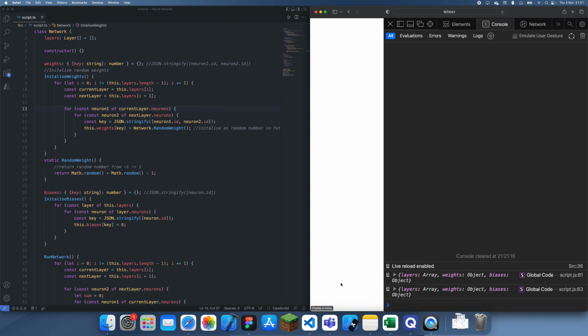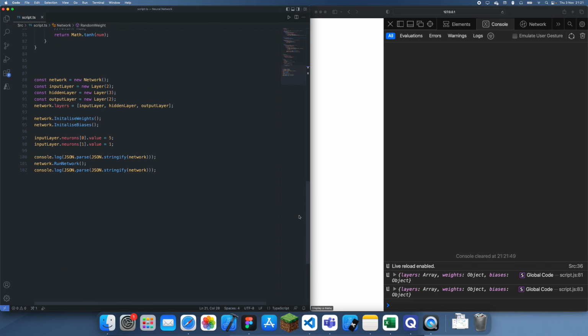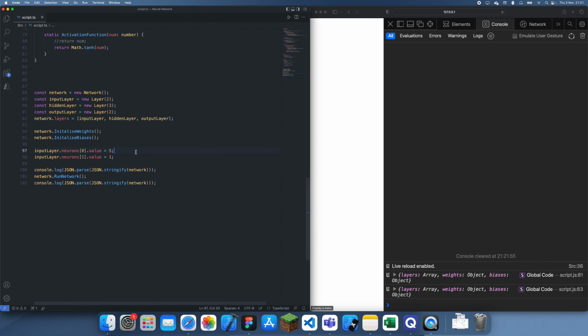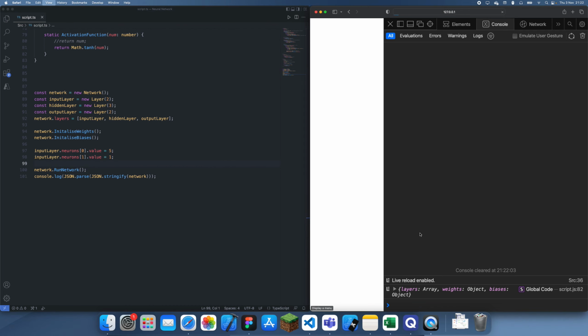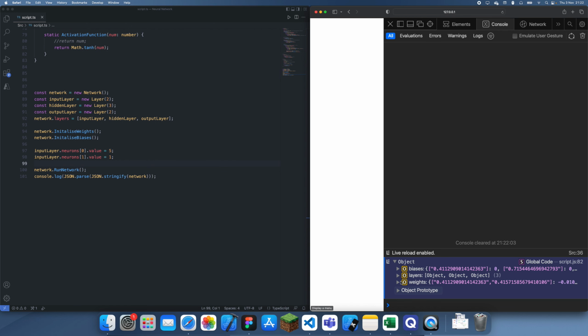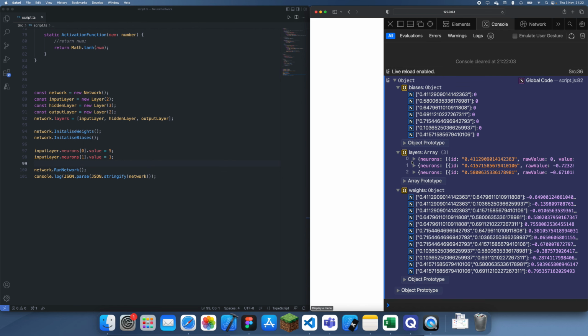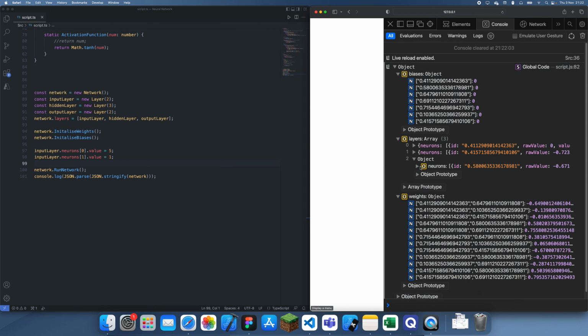Hey guys, welcome back to another video where I'll continue building the neural network we started. In a previous tutorial I built the basic network and it's got its weights and biases, it's got everything it needs. Basically what we've done so far is this, and you can actually see if we run our network we get something like this. We get some randomly generated weights, we have our biases initialized, as well as our neurons, which we can run